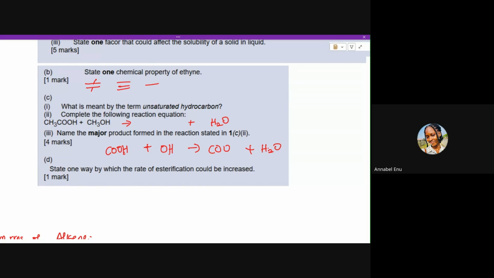So now when we see this, we can see that this first one is an ethanoic acid, and this is methanol. Okay, so the ester we're going to be forming